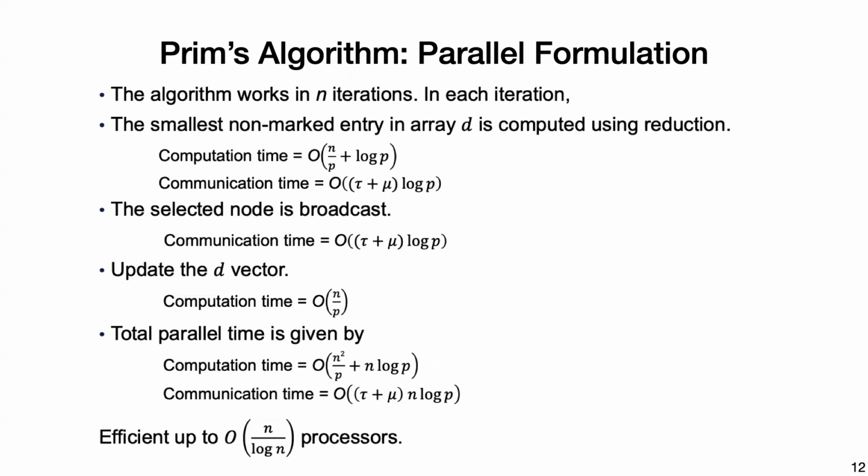Then finally, the total parallel time, you just add these up, then you multiply by n, because this was one step and there are n steps, but all the steps are the same. So you could just multiply the whole thing by n. So if you add up the computation time, that was n over p plus log p plus n over p, which is just order this thing again. And if you multiply that by n, that's just n squared over p plus n log p. And then the communication time, if you add them up, that's tau plus mu log p times 2 again here. And then, you have an extra factor of n in there.